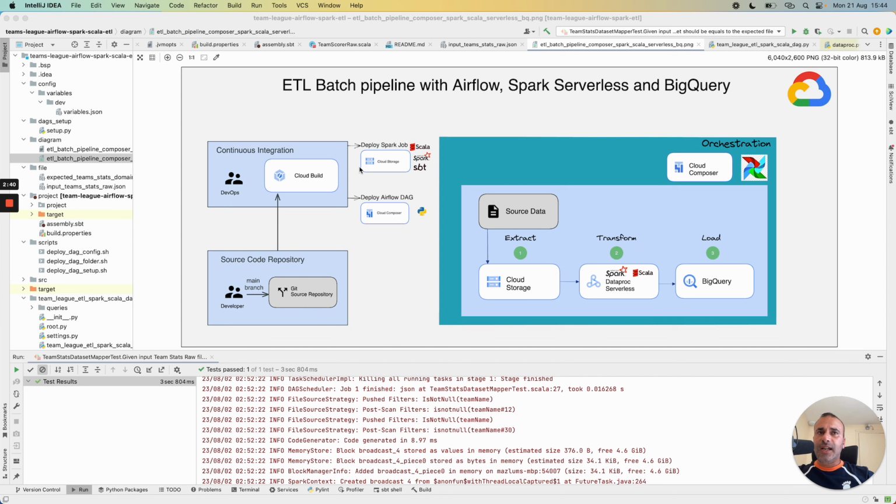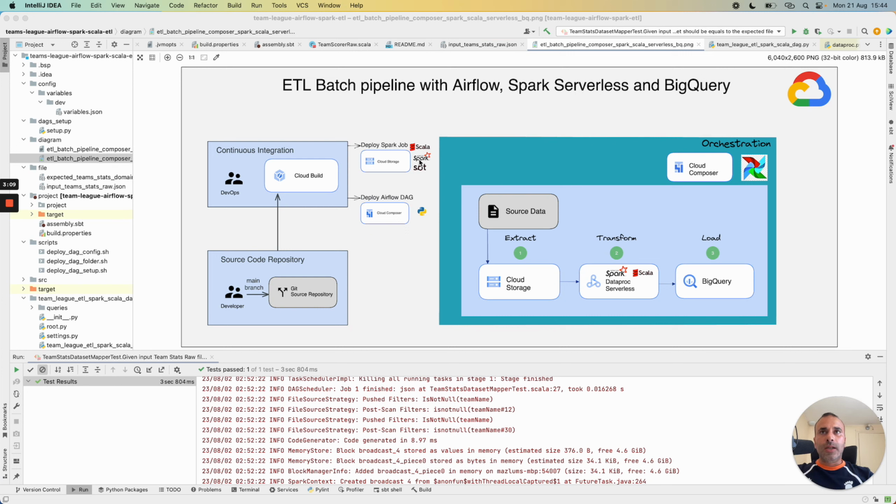At the left side, we have the CI/CD part done with Cloud Build. The Spark job is written with Scala and Spark. And we also use SBT as a build tool in the Scala world to build the job and then generate a fat jar and copy it in a cloud storage bucket.